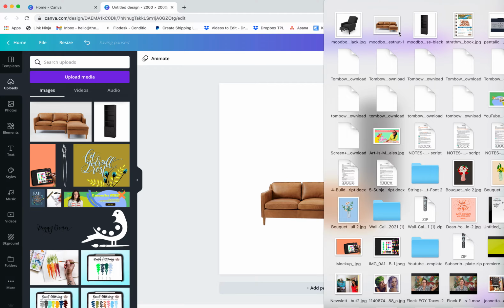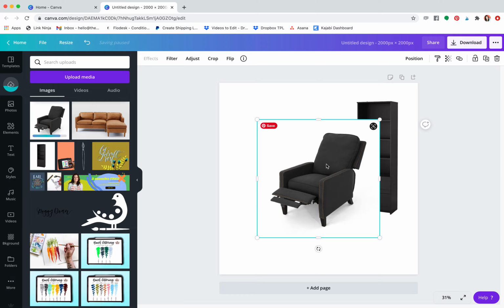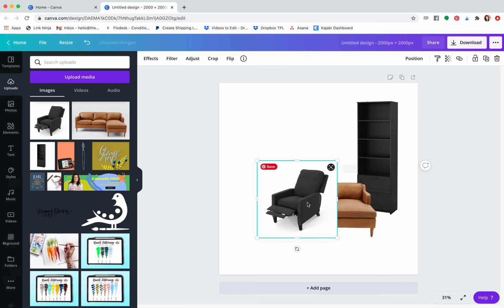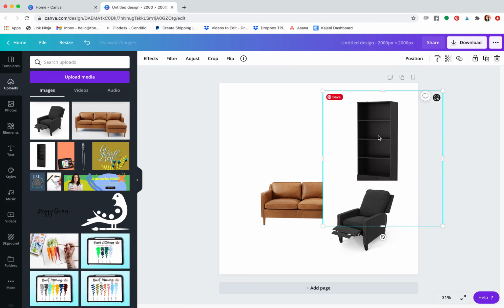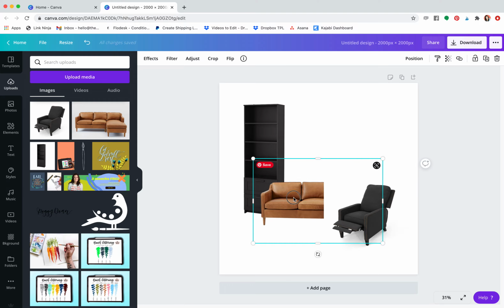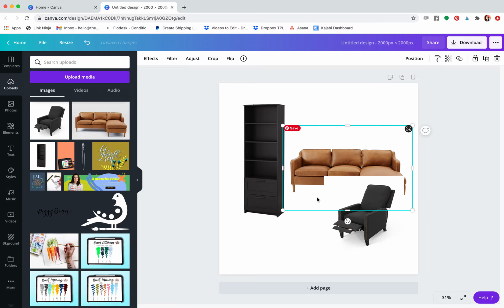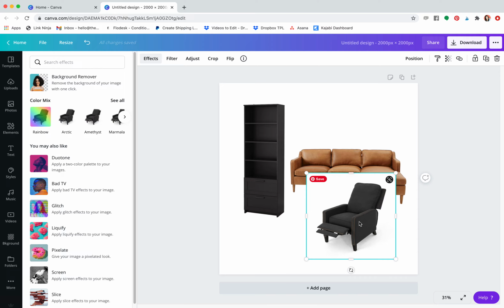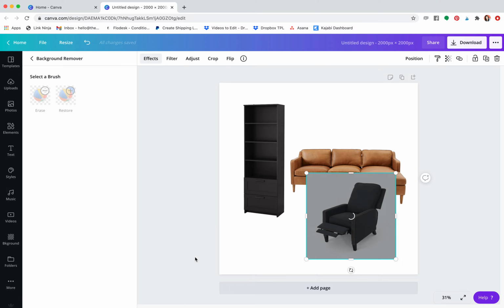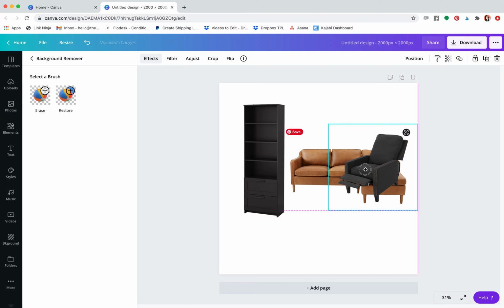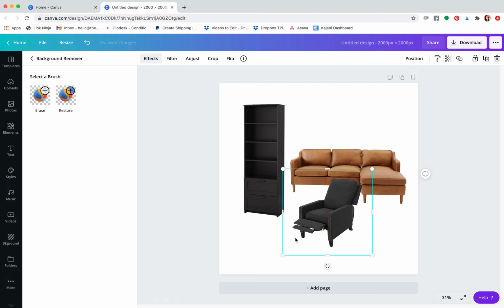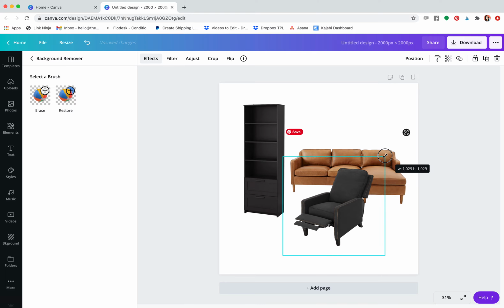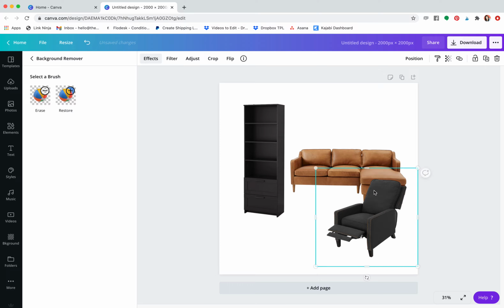So I'll just drag another image in of some stuff I was looking at. You guys don't judge the fact that we're getting recliners. I'm just trying to find a chair that isn't hideous, because why are all recliners so hideous? All right, so I'll just move these around and I'll make it on purpose later, but I just want to do this one more time so you can see how easy it is. So I have the photo selected, background remover, and in a matter of seconds, it's going to be all the way gone, and it just makes it nice and clean. I have it sitting out like this because I wanted to see what it would actually look like, because I'm trying to find a cute-ish